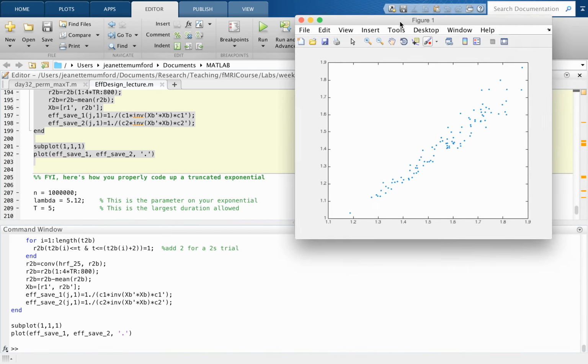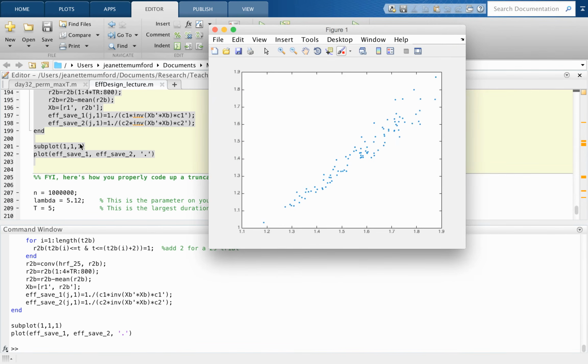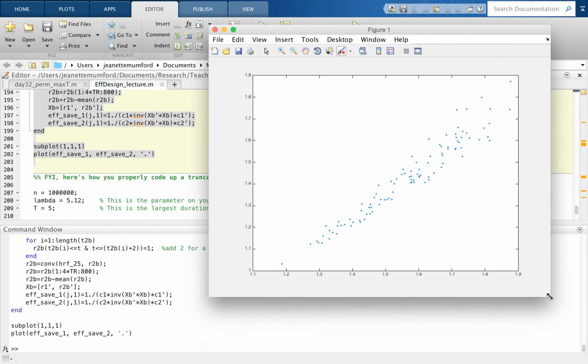Right, so here they are, and this is what I was telling you earlier. So instead of using the efficiency where you combine the two, in this case, since I'm only interested in two contrasts, what I've done is I've plotted the efficiency of one contrast against the efficiency of the other. So there's quite a range here, efficiency between 1.2 all the way up to about 1.9. So that's a pretty big change. So you would want to select from the designs up here, and obviously if I ran more simulations there would be a wider selection to choose from. Just to let you know,